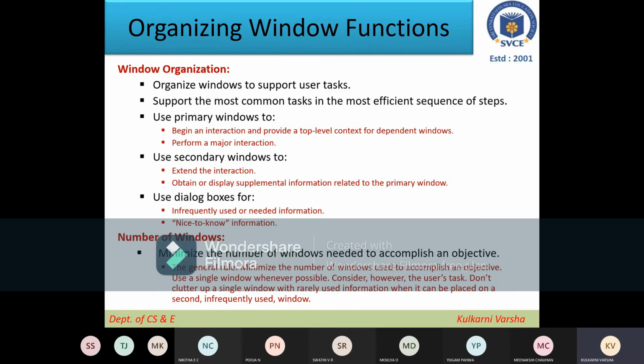It also supports the most common tasks in the most efficient sequence of steps, right? Many times, most of the time the primary window will open. You take any application, if you open any PDF or any PPT, when you click on new and it opens a new PPT, the screen will be the same.